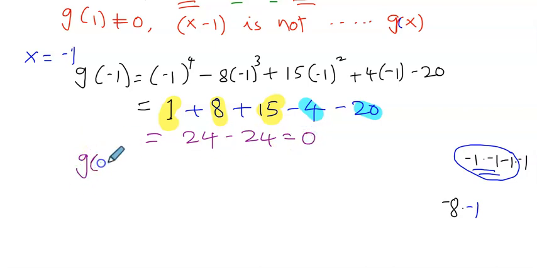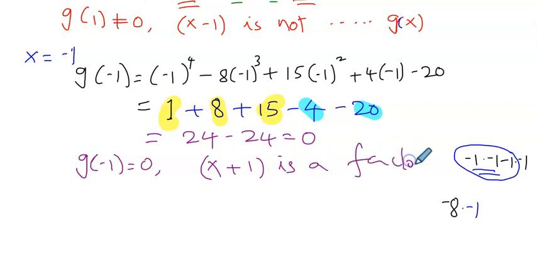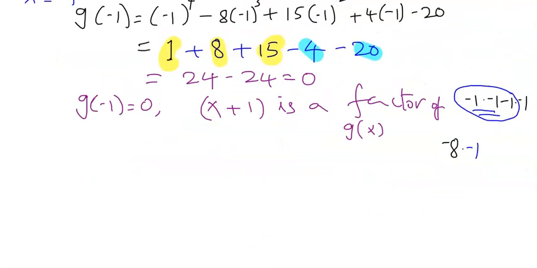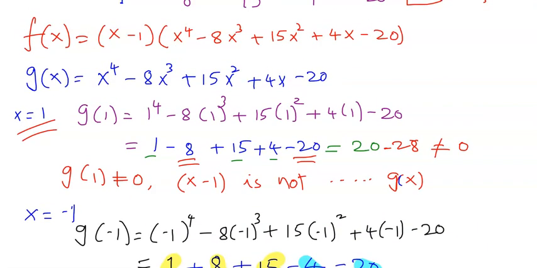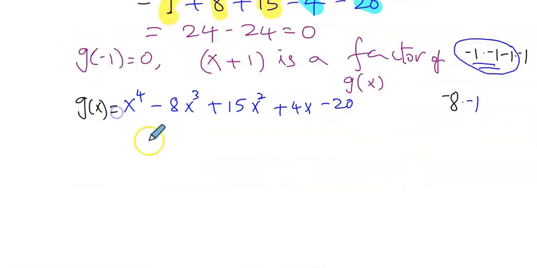So g of negative 1 is equal to 0 is telling me that, the opposite of this, x plus 1, is a factor of g of x. Alright, as I got this factor, I will go ahead and reduce this function now. The g of x. Let me copy g of x: 1, minus 8, 15, 4, minus 20. I am using synthetic division to find